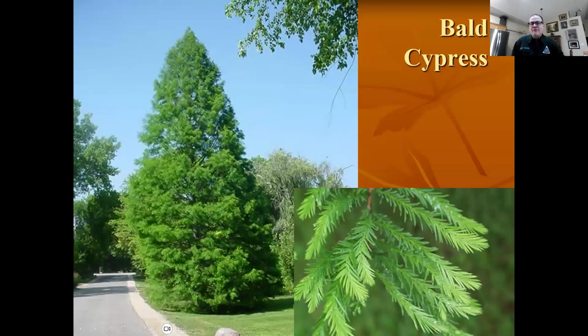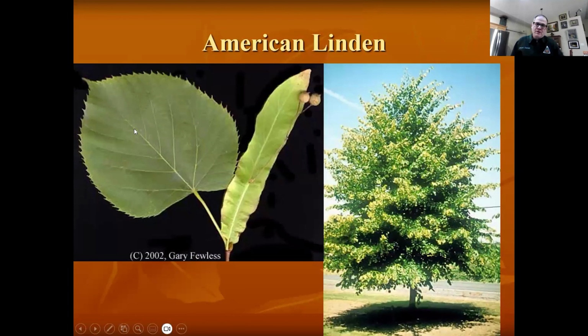Those are the oaks. If you want a bulletproof tree that looks like a spruce or a pine tree, those are all marginal here. Bald cypress will do that. It's a deciduous conifer. The fruiting structure is a cone, but it's deciduous. All these turn golden brown in the fall and fall off, then put new ones on in the spring. But a pretty tree. American lindens, don't plant littleleaf linden because we've got Japanese beetle now and they hammer them. They're not native anyway.